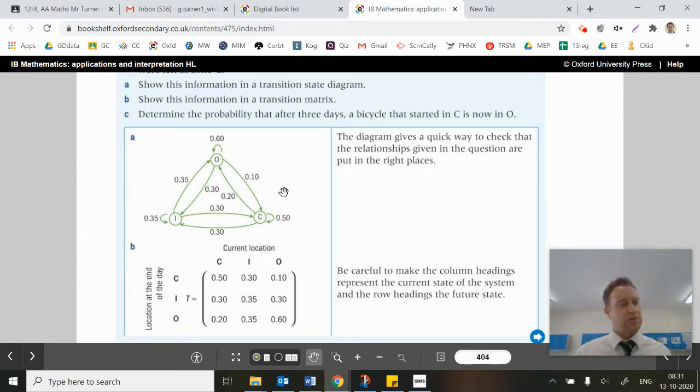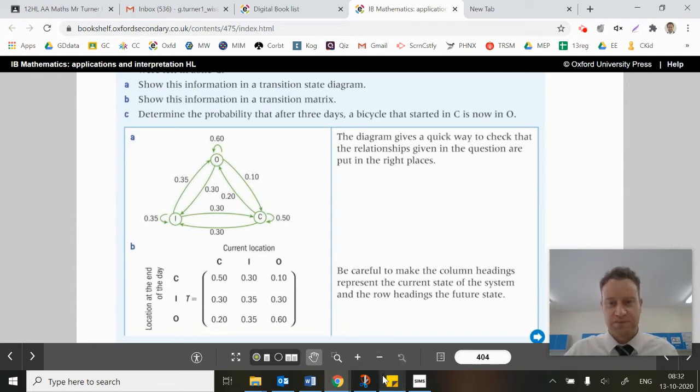And in 9G, we're talking about applying these matrices many times over to a particular starting state, so a particular initial state vector. Now, we're also only going to be dealing with regular transition matrices, which means to say that we'll end up with a steady state vector at the end as well. Okay, so practically, let's have a look at a question first,